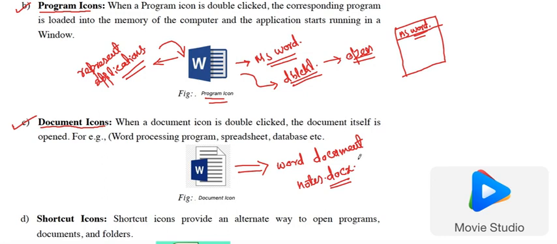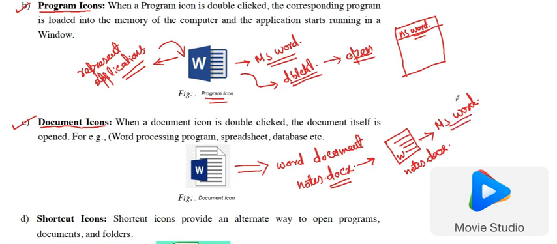When I double click the icon of this document, what will happen? It will open notice.docx in the MS Word application, and it will show the contents of this document.